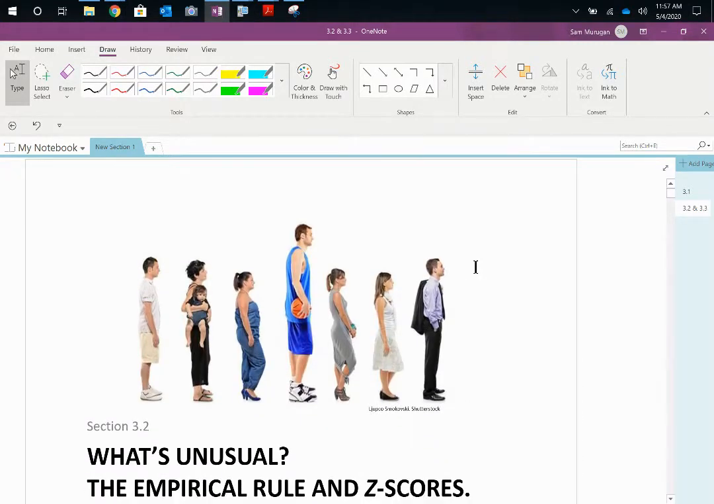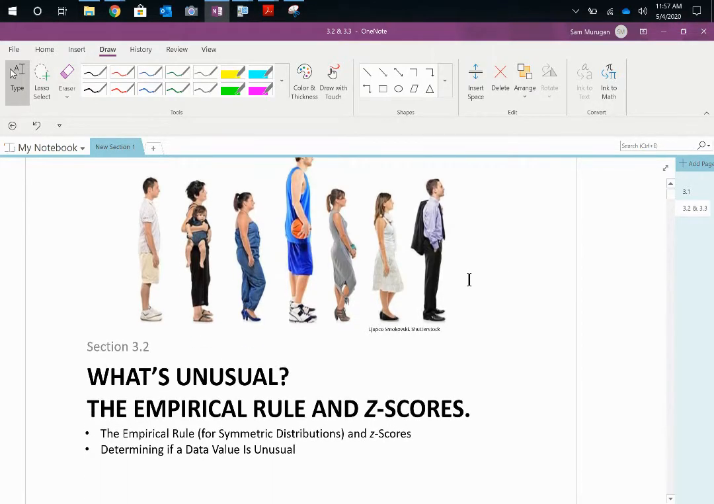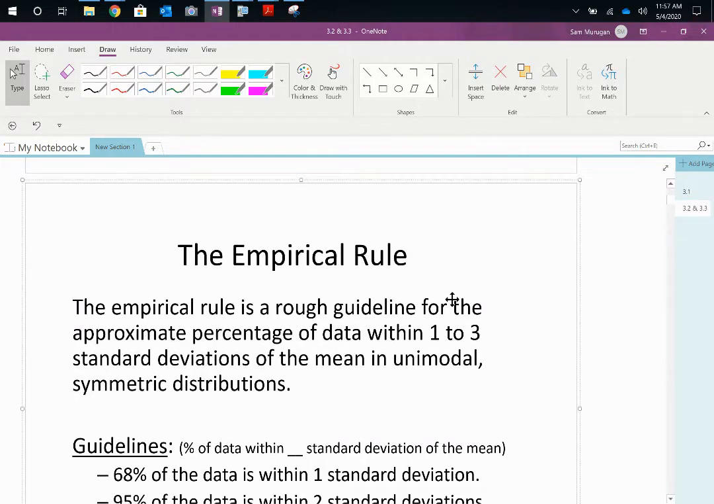Okay, so we're starting chapter 3.2, and we're talking about the empirical rule for symmetrical distributions and z-scores. Next we're also going to speak about whether a data value is unusual. The empirical rule is a rough guideline for approximating the percentage of data within 1 to 3